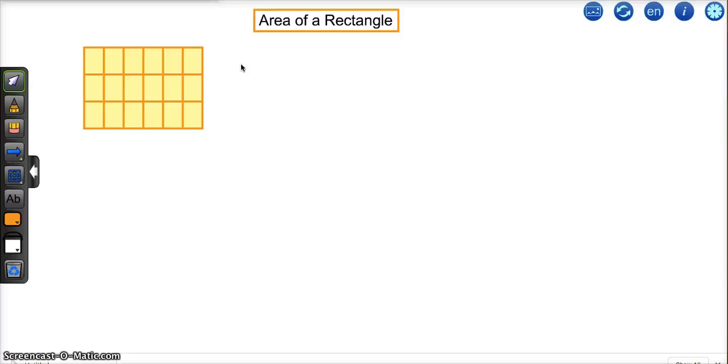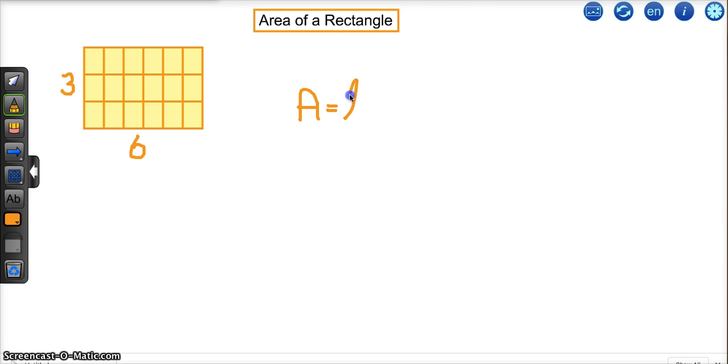As you discovered the different rectangles, you realized the relationship between the length and the width. So let's take a look at this. The length of the base of this rectangle is 6, and the length of this height is 3. So we could count all these squares, or rectangles in this case, but instead, now that we know the relationship, we can say the area